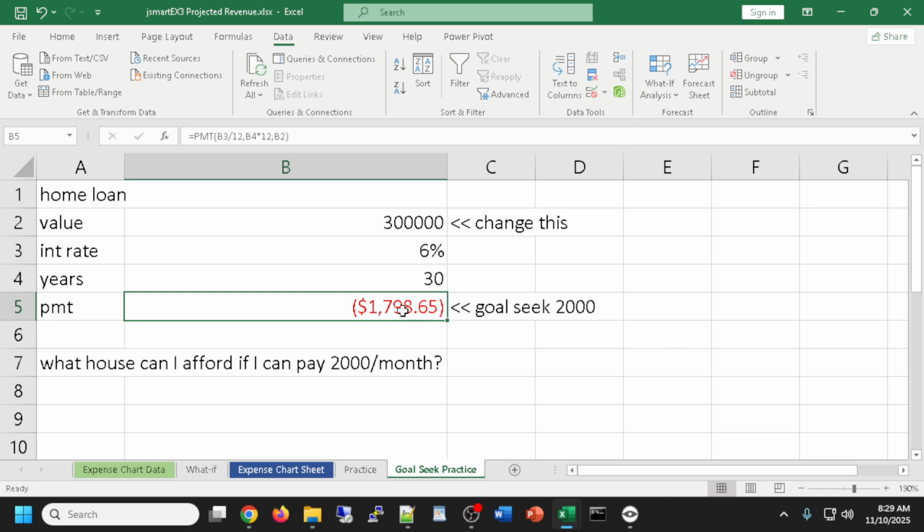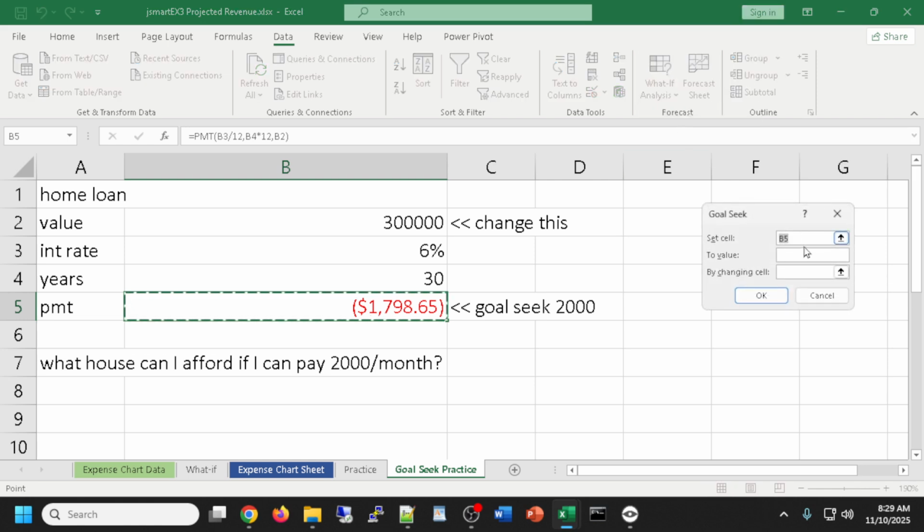I click on the cell where I want to goal seek on. Data, What-If Analysis, Goal Seek. To value $2,000, and I'm going to change the cell, well, the value of the house. I know that I could afford slightly more house, but rather than me trying to figure out, let's just say Excel, find out how much of a house will give me a payment of $2,000 a month at 6% interest rate. And I click OK,